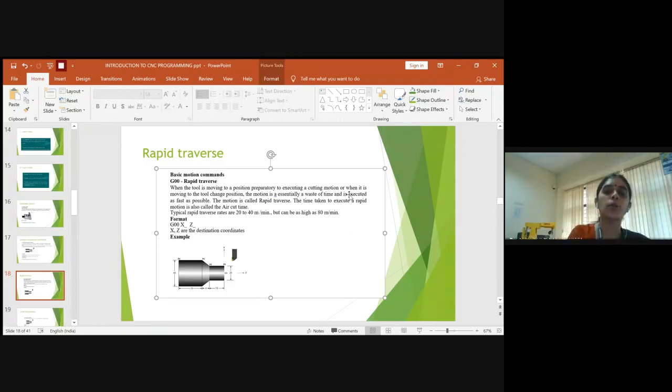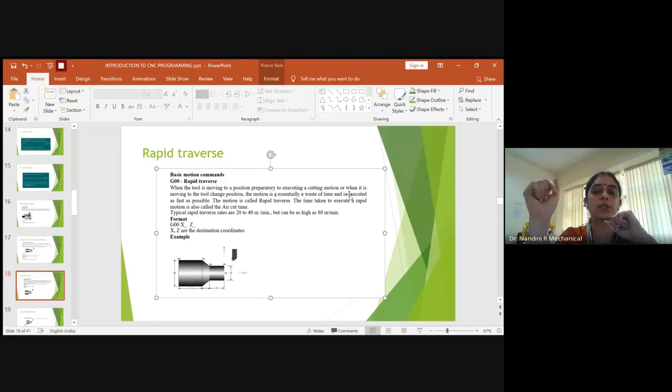So the tool has to move rapidly from its initial rest position. From there it has to come to the position where the material is nearby. So if you press G00, it will come a little bit nearer to the workpiece. So this is called a rapid traverse.